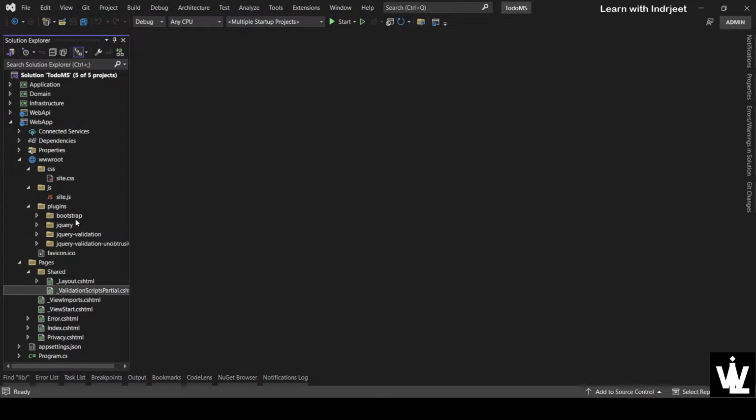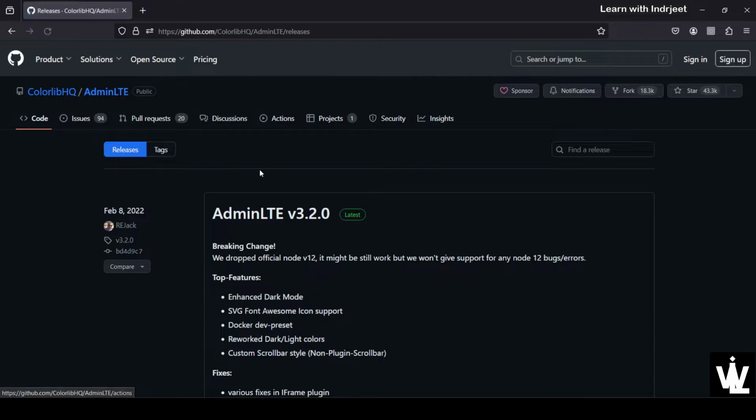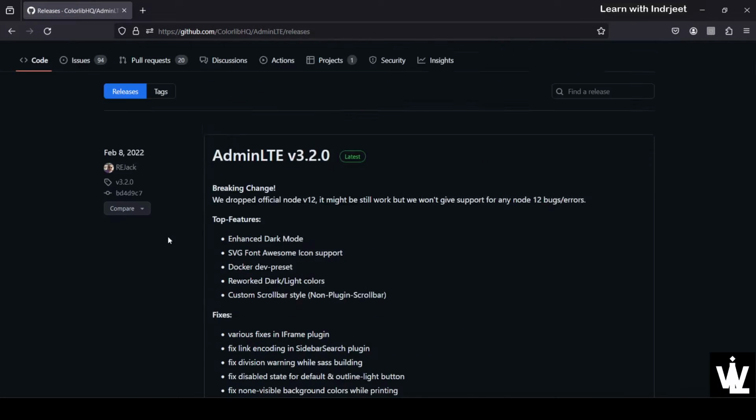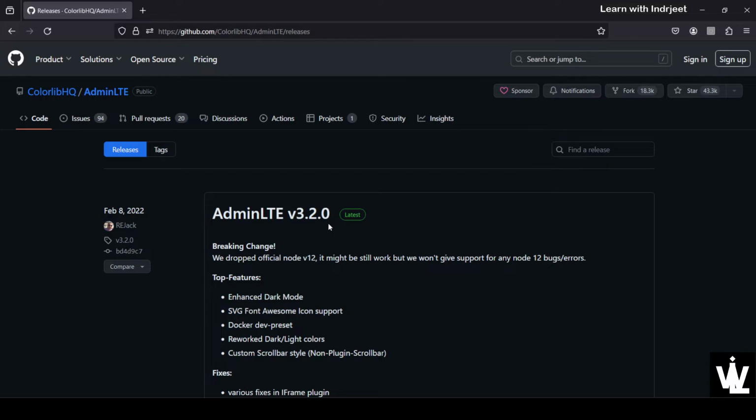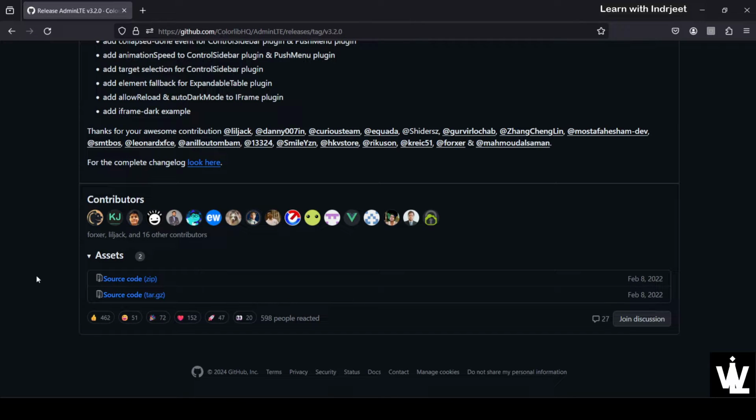Now the next thing is we want to implement the AdminLTE template. For that you will need to go to adminlte.io. It is a Bootstrap-based dashboard template. It is an open source template. You just need to download it. It will take you to the latest releases. The latest one is 3.2.0, and clicking on that will take you to the GitHub repo where you can download